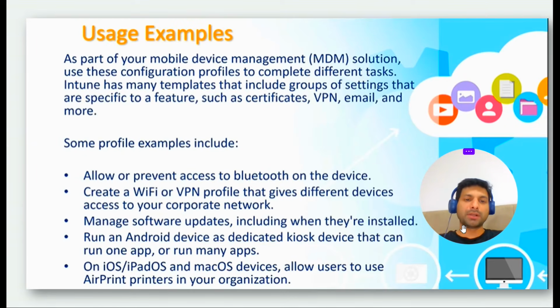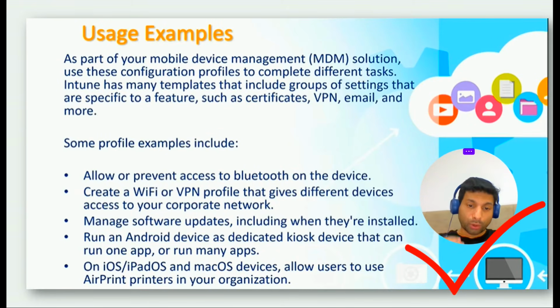Some profile examples: allow or prevent access to Bluetooth on the devices, create a Wi-Fi or VPN profile that gives different devices access to your corporate network, manage software updates including when they are installed,